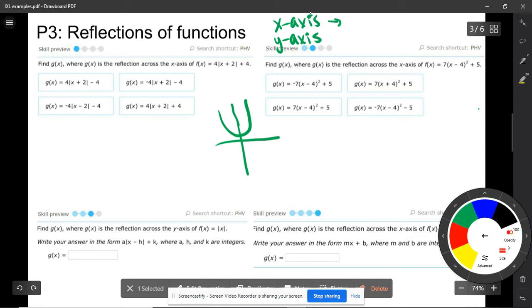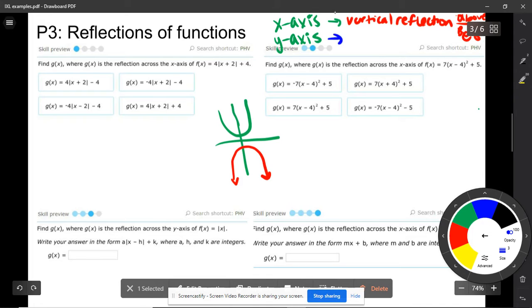So I see here that my function that's green right up top here is going to cross over the x-axis. All right, so that's actually going to be a vertical reflection. So it's going from above to below. Now we're going to look at